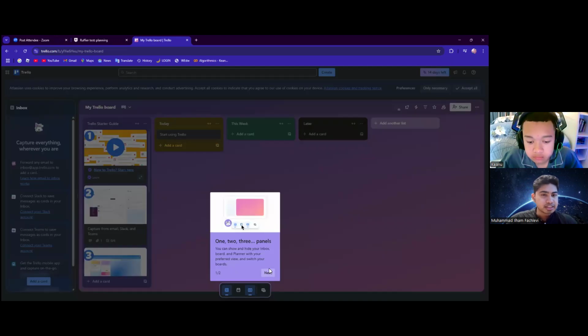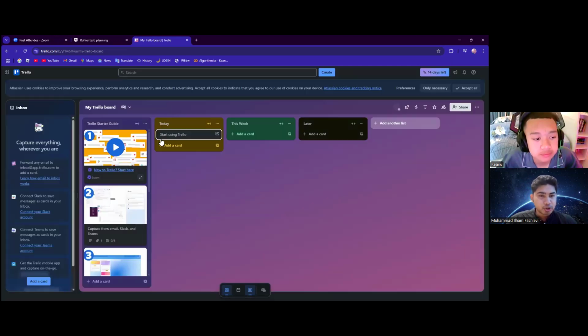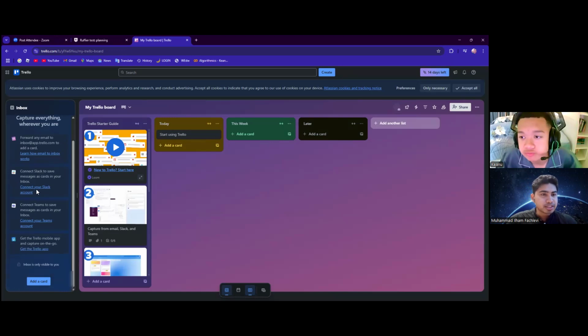Okay, so basically just like this one, for Trello, just a simple tutorial, as you can see. So what we need to do, you can move that. Can you move that on the Trello start guide? You can drag and then move to today maybe. Okay, okay. So basically